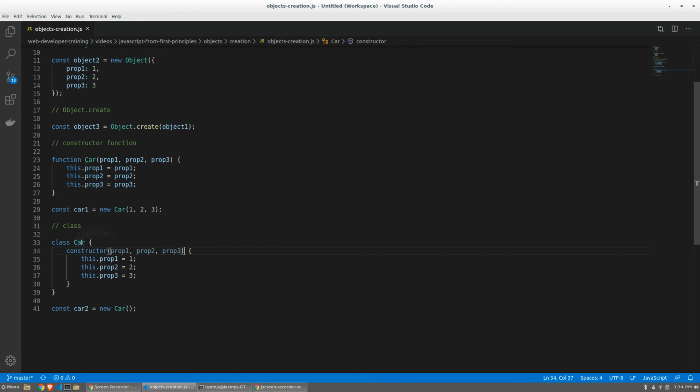But with creating a class, you essentially use the class keyword. So you type class, all lowercase, and then you have a space, and then you put the name of your class. In this case, car, and we used a capital C. The convention with classes and with creating objects in an object-oriented fashion is generally to use a capital letter for the constructor function or the class. So car has a capital C. And then we use opening and closing curlies. And if you don't put anything in between your opening and closing curlies with class syntax, it will just create an empty object. Then what I did after that is I created a constructor and used the constructor keyword,